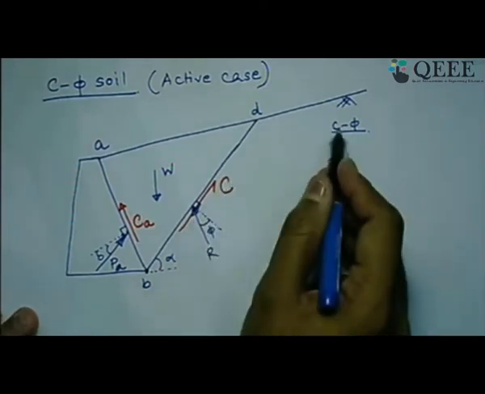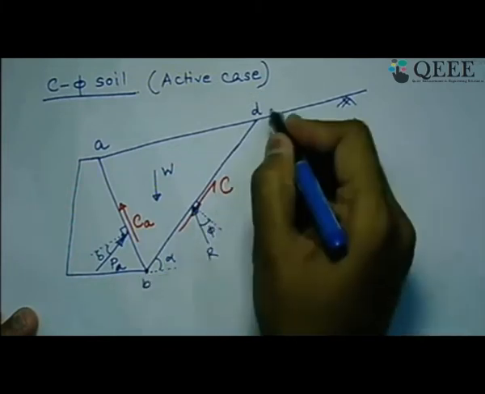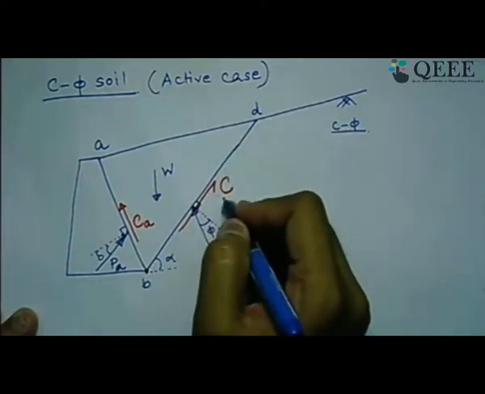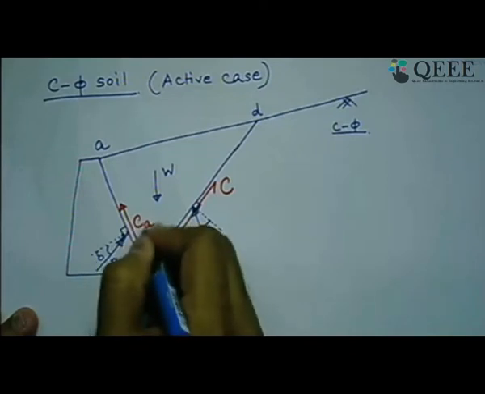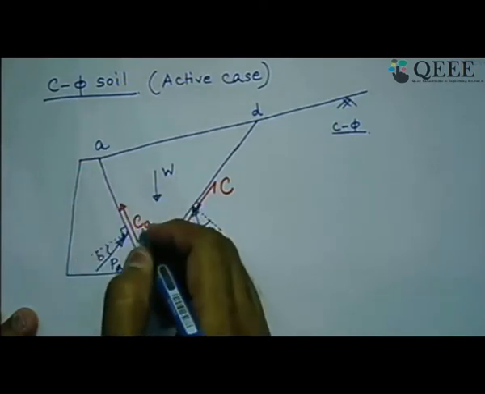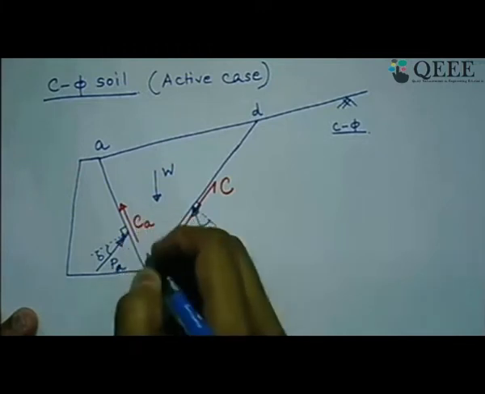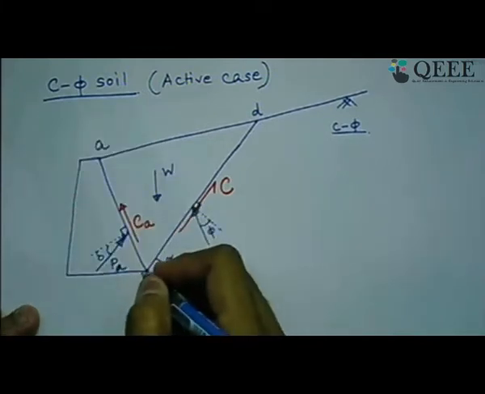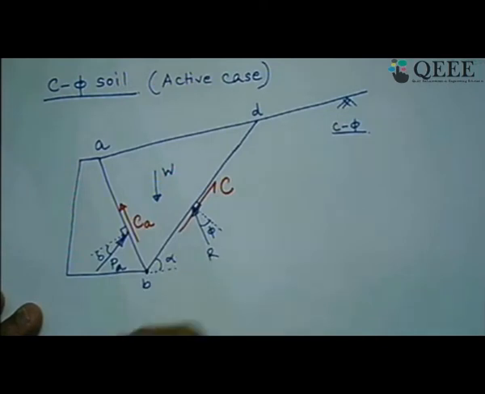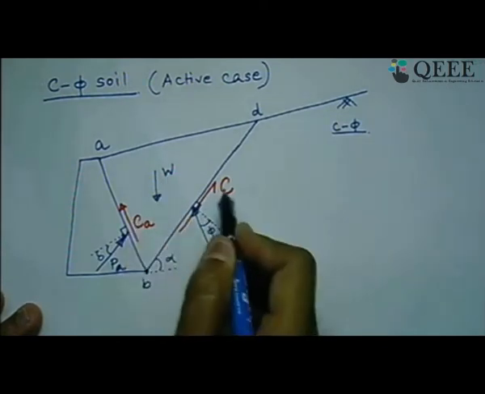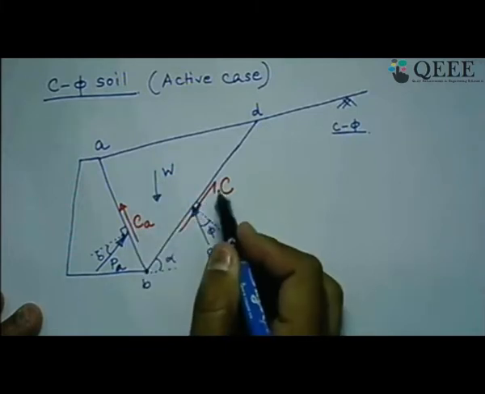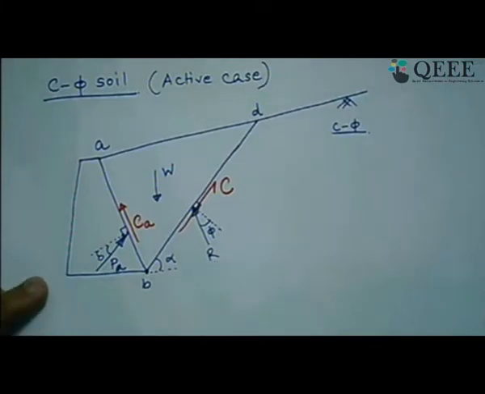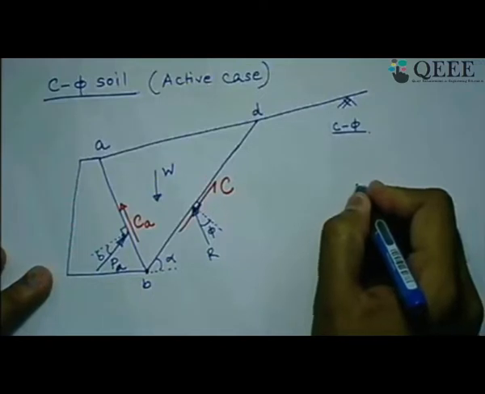Why? Because the unit cohesion of the soil is known, and for an assumed failure plane at an angle alpha, you know the length BD, so you can compute the C very well. Also, this value of adhesive force Ca between the soil and wall is also known. Why? It is known completely because the unit adhesion ca will be known to you, and this length is known for the wall inclined length. So that means if we consider W, Ca and C known in terms of value as well as direction, whereas PA and R are unknown only in terms of value, but their directions are known, we can easily draw the